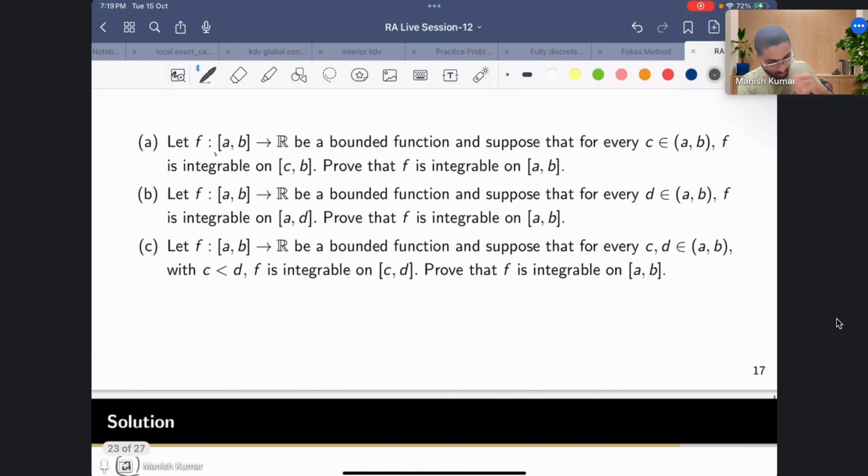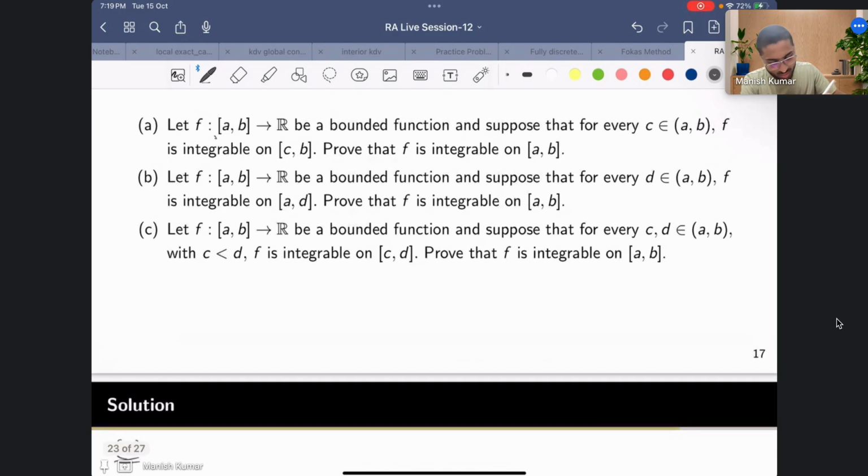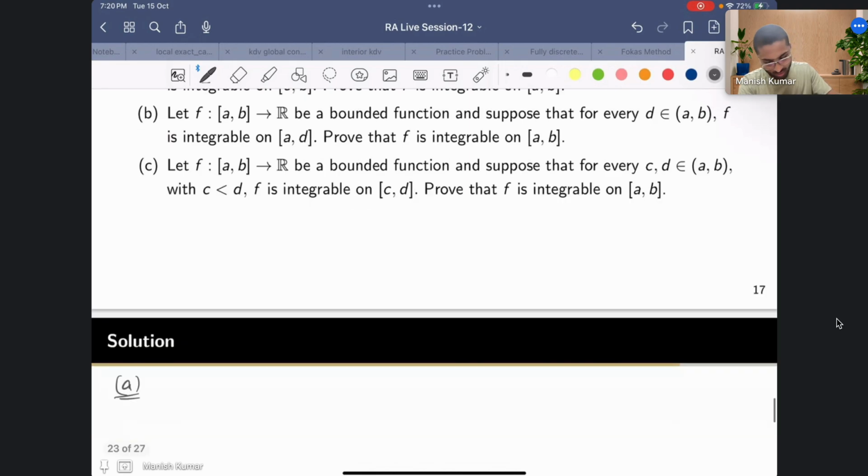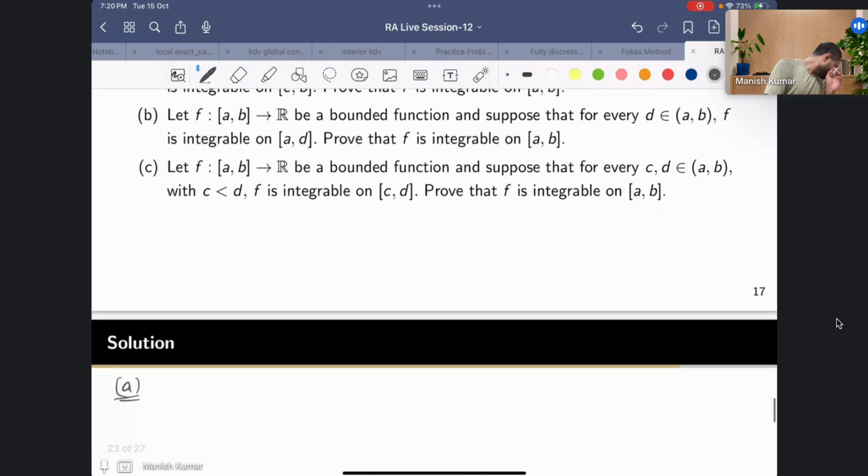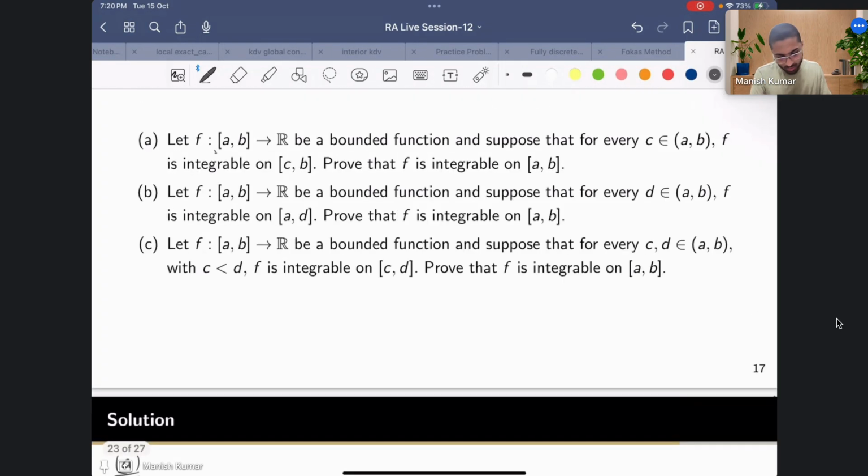So you have to prove the integrability at A. What you can do is choose a sequence of points which converges to A. Obviously it is not A, so each of the sequential terms should not be A. Okay, so before going on,